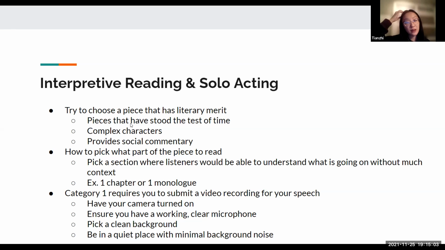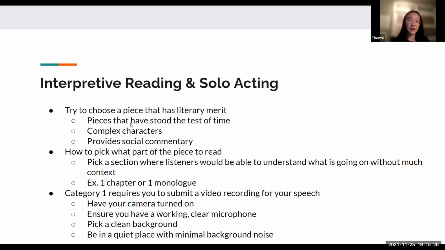Third are some tips I have for video recordings for your speech. So for category 1, because you have to submit a video, there are certain things to be aware of when you are actually recording your video to submit. First is obviously to have your camera turned on. So it's very important you have your camera turned on so that the judges are able to see your body